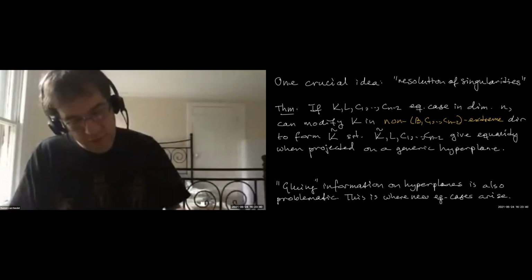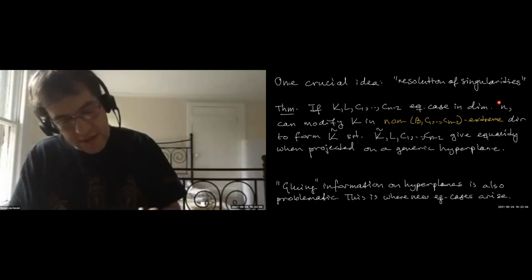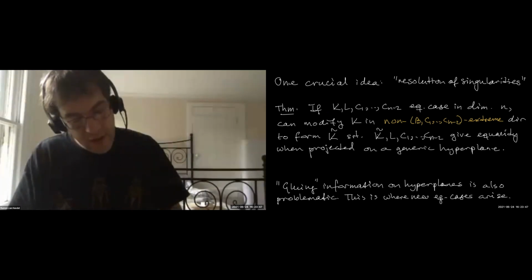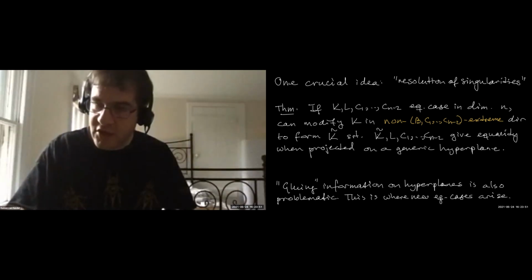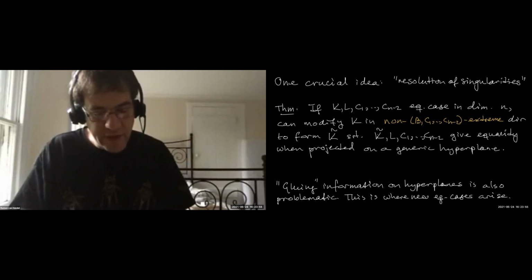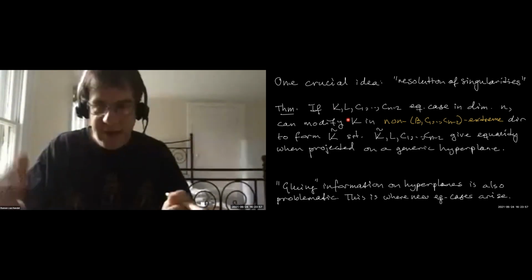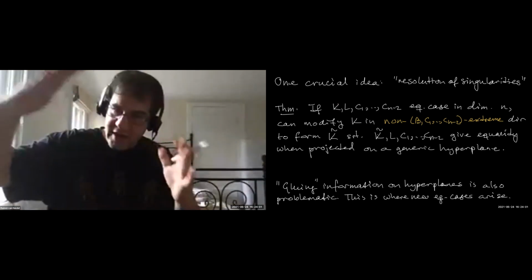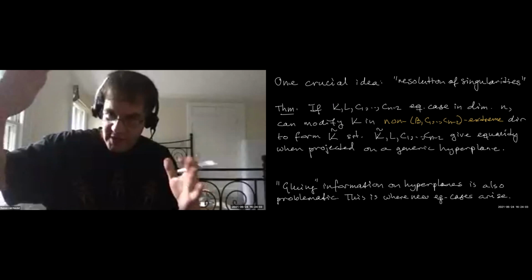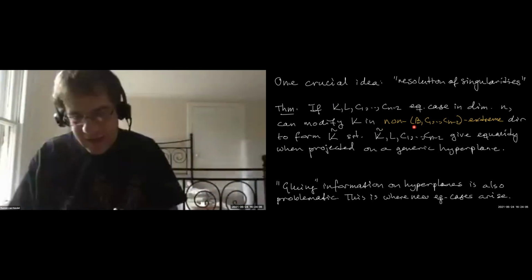So what we do is the following. We prove a theorem that looks like this. If you start with some equality cases in dimension n, it is not true that if I project those bodies onto an n-1 dimensional hyperplane, you get equality in dimension n-1. But what can I do? I can take one of these bodies K, and I can wiggle it in certain directions. I have some degrees of freedom. What directions am I going to wiggle it in? I'm going to wiggle it exactly in the directions that don't matter,